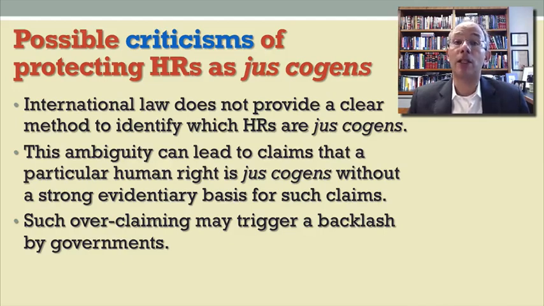There's a bit of a paradox here if you think about it. If there is a claim that a particular human right is jus cogens, then presumably that right should always be respected. But in fact, claims about jus cogens often arise in the case of violations of a particular human right. So it may be that there is an existing human right, but that one or a handful of states deviate from that right in a way that other states in the international community find to be objectionable. So that's a concept that we'll explore more as we move throughout the course.